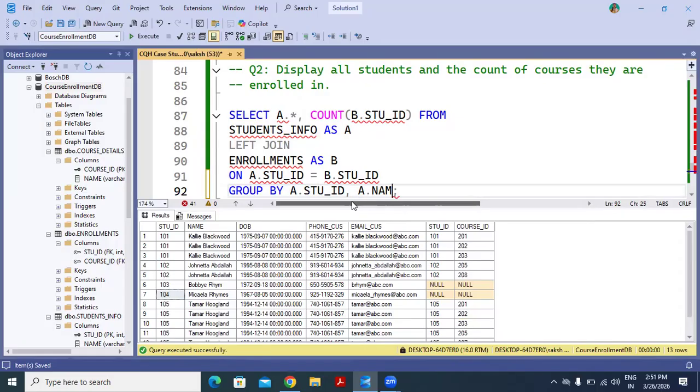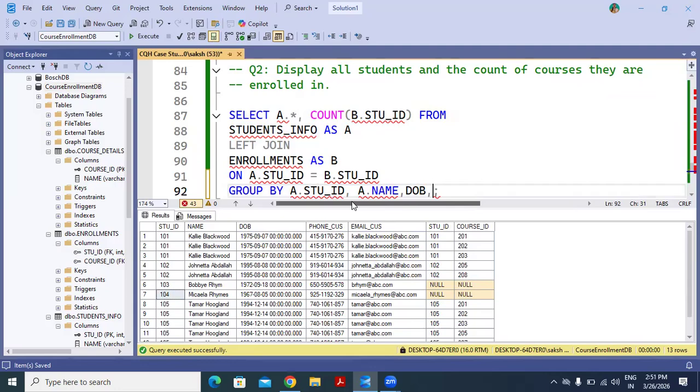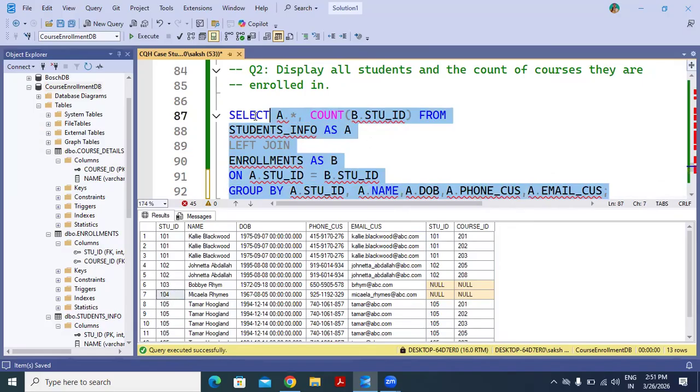Let's write all the column names. Here we can write it as... now. Let's try to execute it.